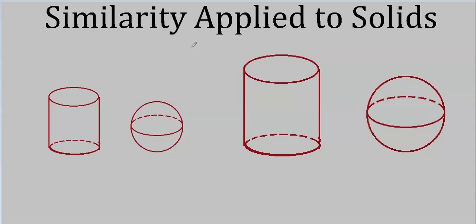Aside from polyhedra, we can use cylinders and spheres also and produce similar solids from them. For instance, with the cylinder, we have to expand the radius and the height by exactly the same amount. That would be the scale factor K. With a sphere, all we have to do is change R. And in fact, just like with circles, all spheres are similar to all other spheres. There's no way around that. You see a sphere, it's going to be similar to another sphere.